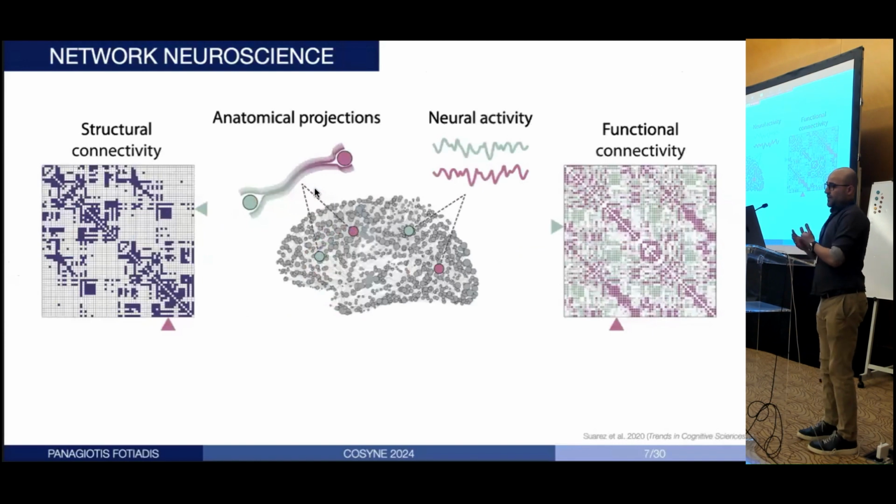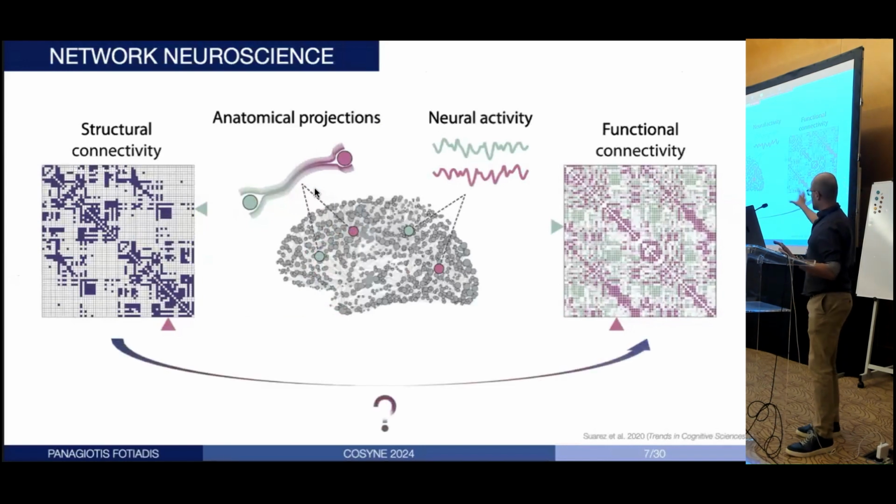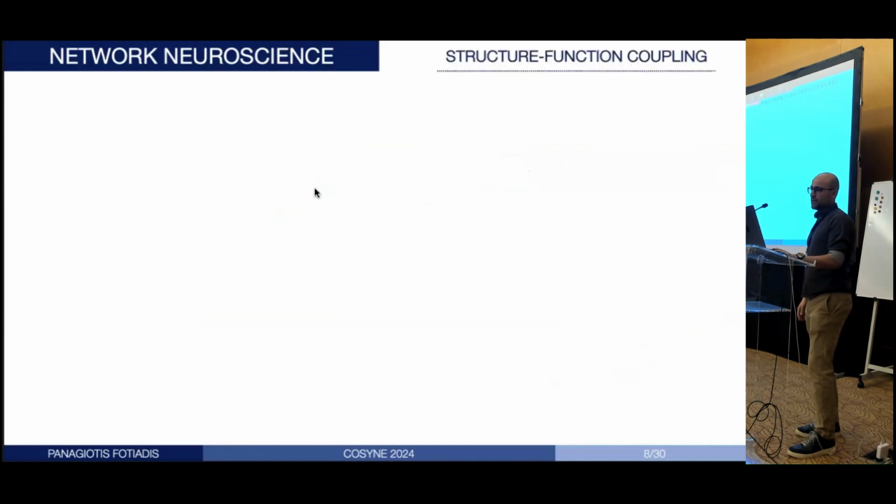All right, so these are the two flavors of connectivity that people have been looking into, right? But a lot of people, especially over the last 10 years, have been trying to bridge the two, right? And trying to see how we can use the structural connectivity matrix to predict the functional connectivity matrix. Or in other words, how does the structural connectivity matrix shape and constrain functional connectivity? Of course, this relationship is bidirectional, but this has been a very important question over the last decade specifically.